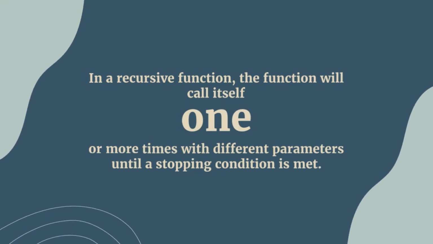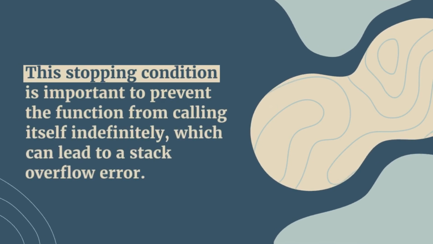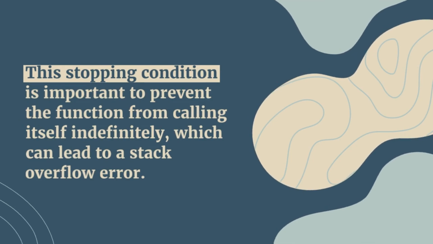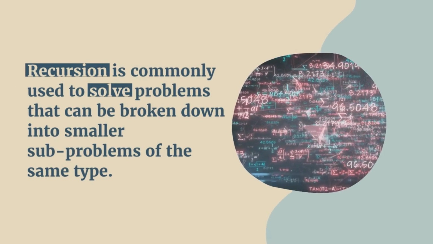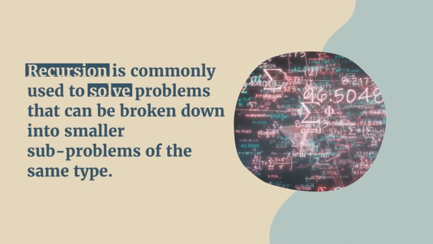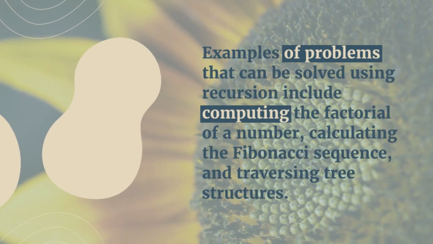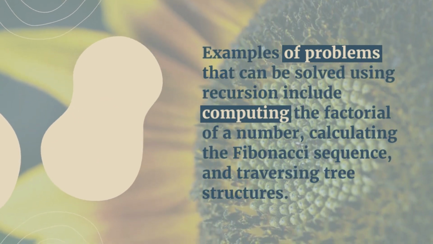stopping condition is met. This stopping condition is important to prevent the function from calling itself indefinitely, which can lead to a Stack Overflow error. Recursion is commonly used to solve problems that can be broken down into smaller subproblems of the same type. Examples of problems that can be solved using recursion include computing the factorial of a number, calculating the Fibonacci sequence,